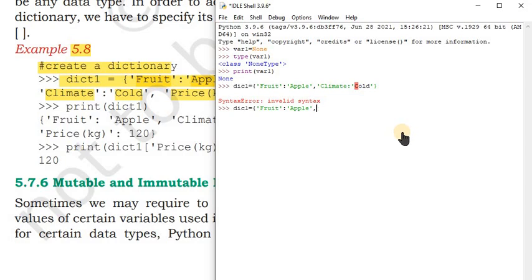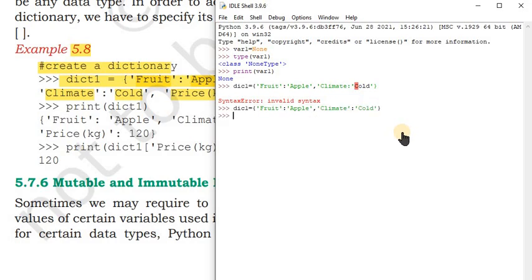Second is 'climate', its value is 'cold'. Curly bracket is closed.